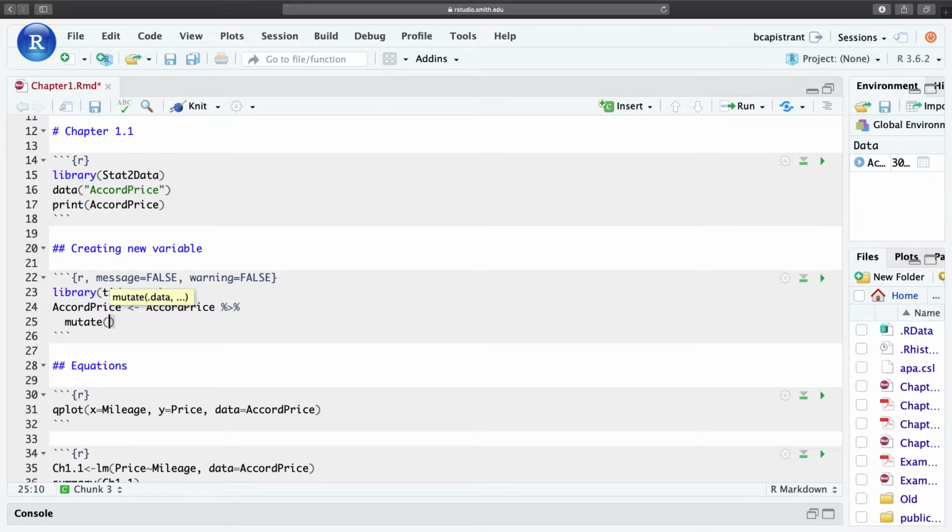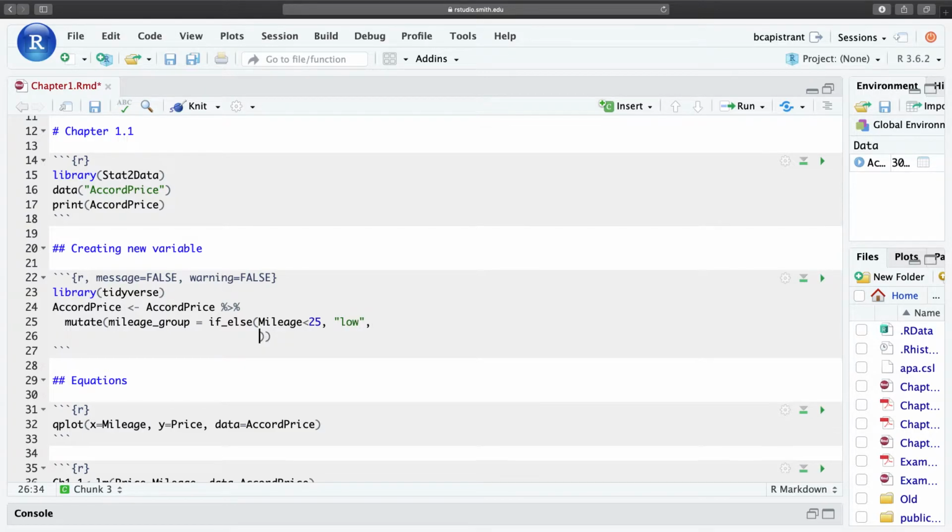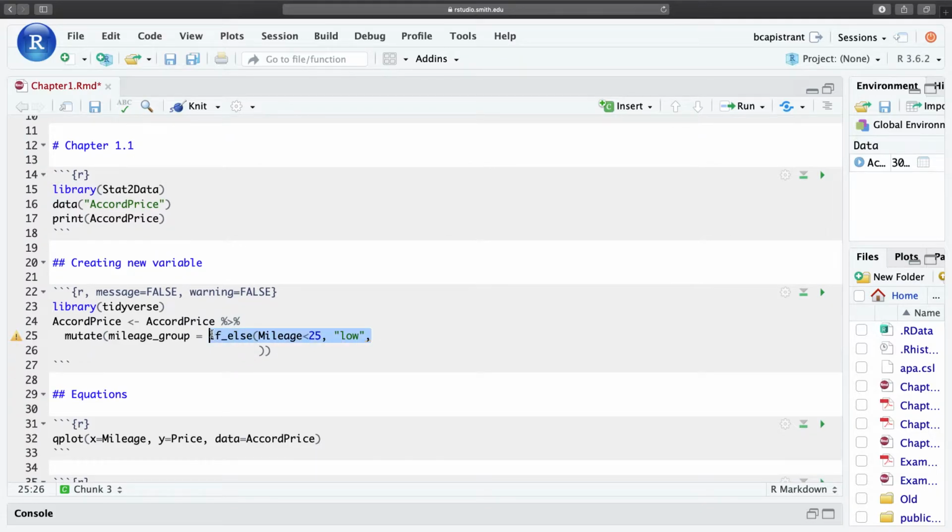We're going to use the mutate function that creates new variables, and we can call this mileage group. It doesn't really matter what we call this. And we can create this variable with a few different logical if-then statements, or rather, it's an if-else statement. So if we say if-else mileage is less than 25,000, then let's call this low. And then if